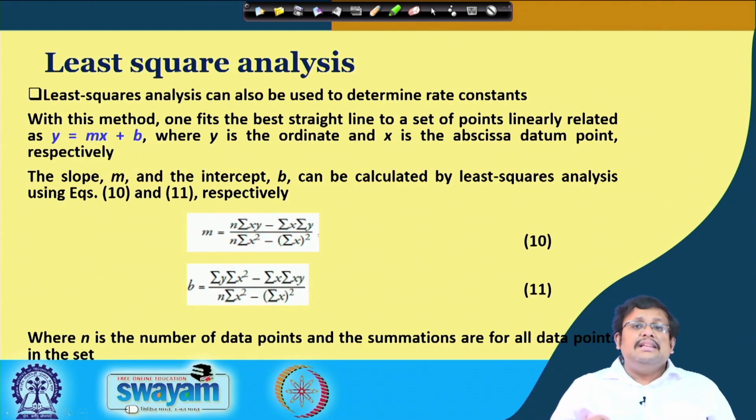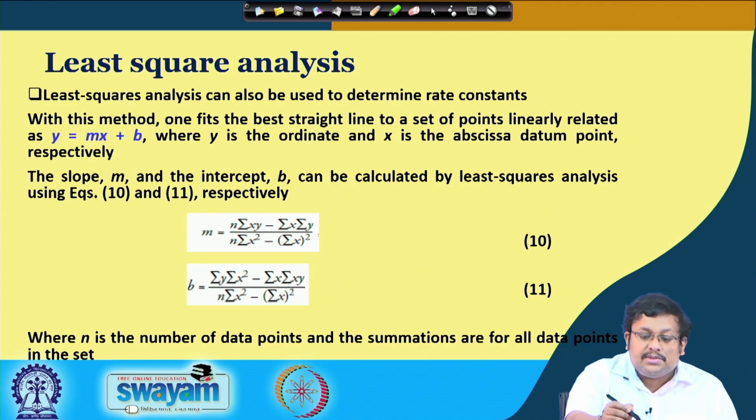The third one is the least square analysis. Now, the least square analysis can also be used to determine the rate constant. You know that with this method one fits the best straight line to a set of points linearly related as y equal to mx plus b. So, basically if we just plot